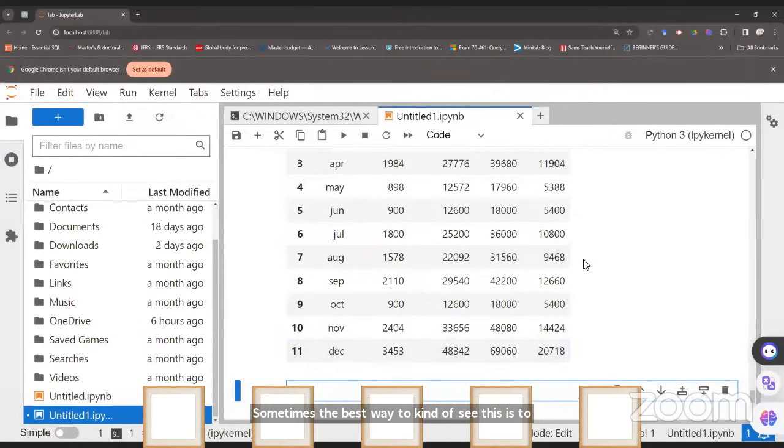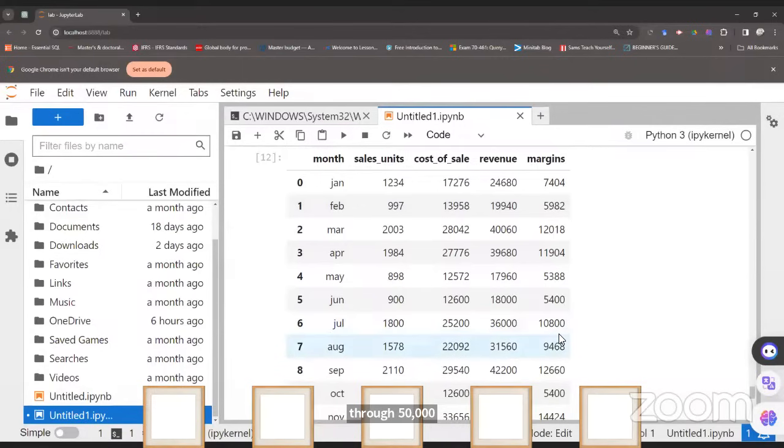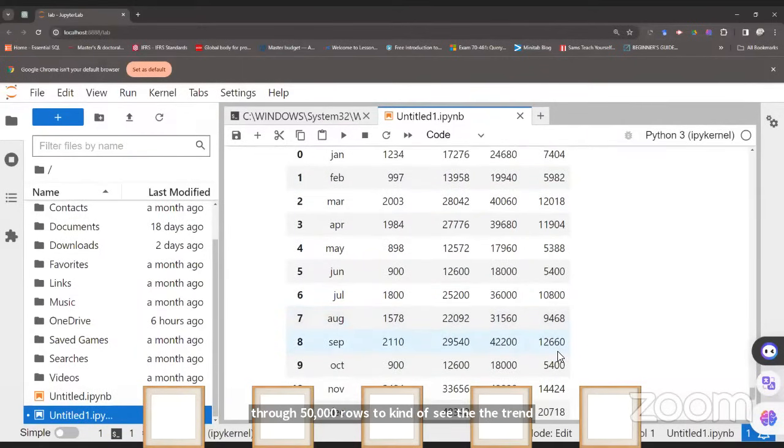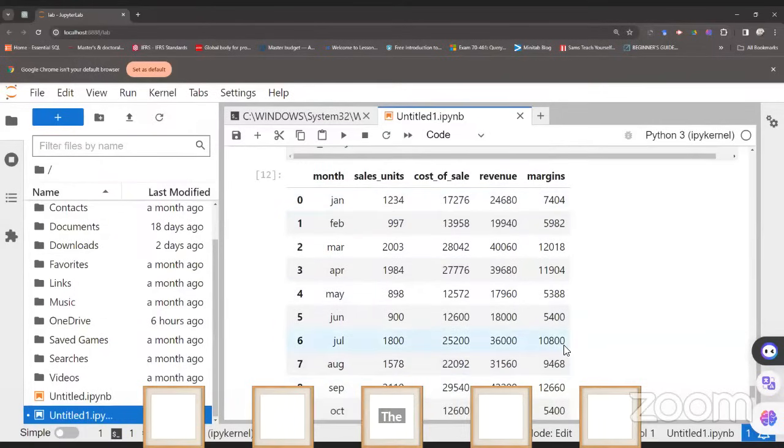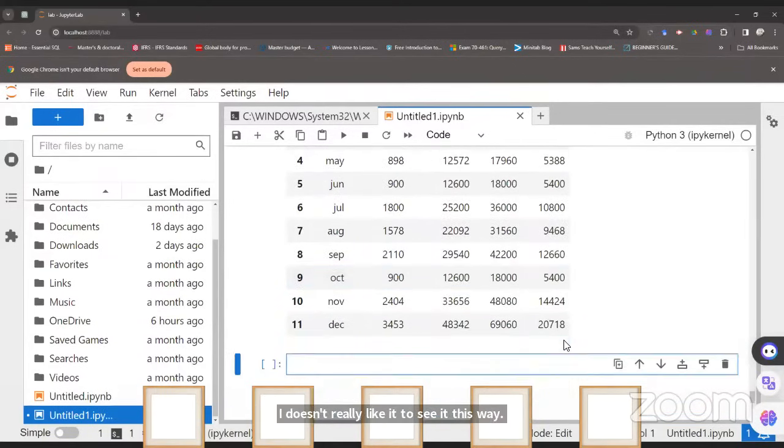For example, it will be so boring if you have to scroll through 50,000 rows to see the trend, the deviations in this column. It will be difficult. The human eye doesn't love to see things that way. It always loves to see it in a picture form. So we can do sales analysis